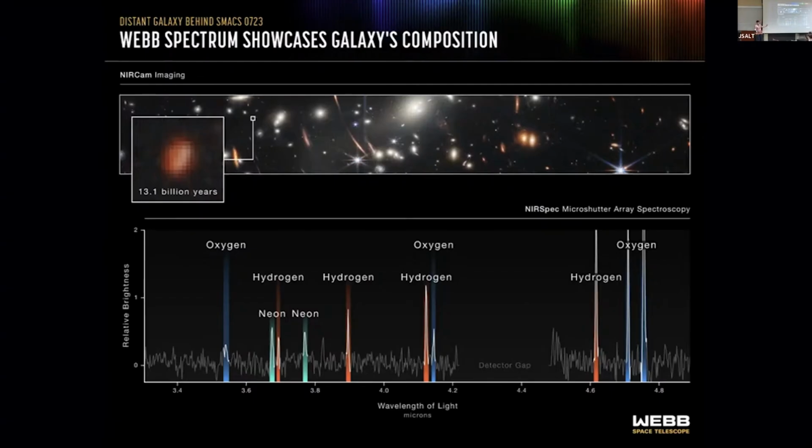So this is just another example of a spectrum. This is how we really know that these galaxies are that distant away. Without spectra, we wouldn't be able to tell how far these lines have been redshifted. As I said, due to quantum mechanics, we know exactly what wavelengths each of these spectral features should be at. And so when we see that they've all shifted together in unison to a different part of the spectrum, we can precisely say, this is the redshift of the galaxy. Therefore, this is what the cosmological distance is.